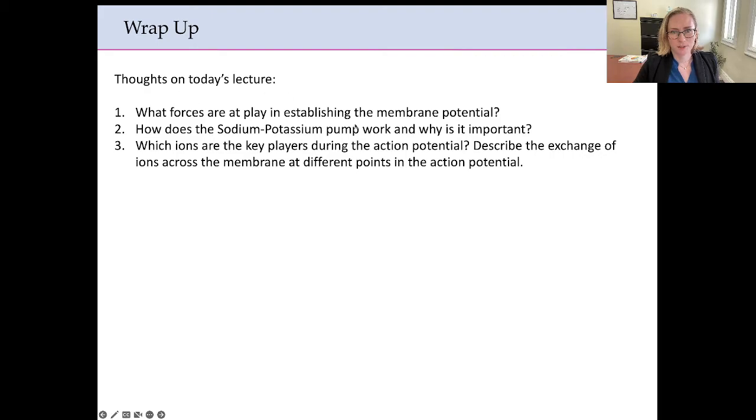How do sodium-potassium pumps work? Know that 3-to-2 ratio. It uses energy. It's very costly. Where would you find sodium-potassium pumps? Your major ions that are at play: sodium, potassium, of course. We do have some other ions, not necessarily at play for the action potential. So definitely know that configuration, that step process of